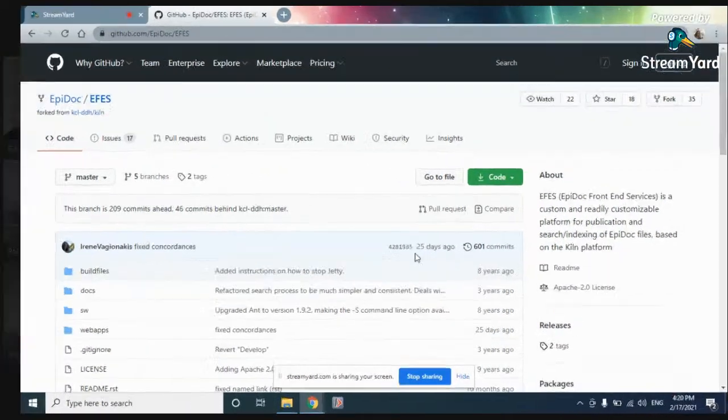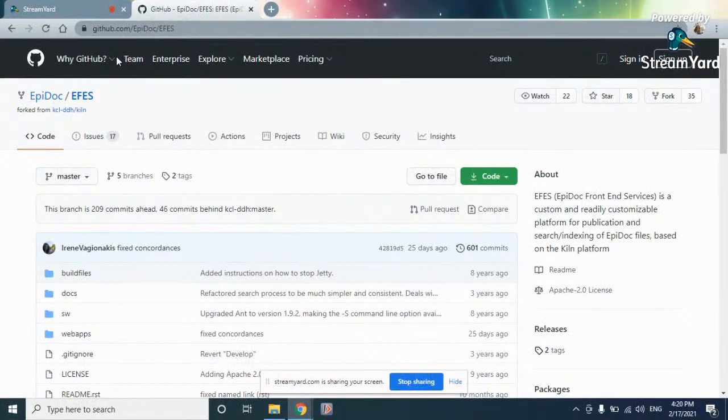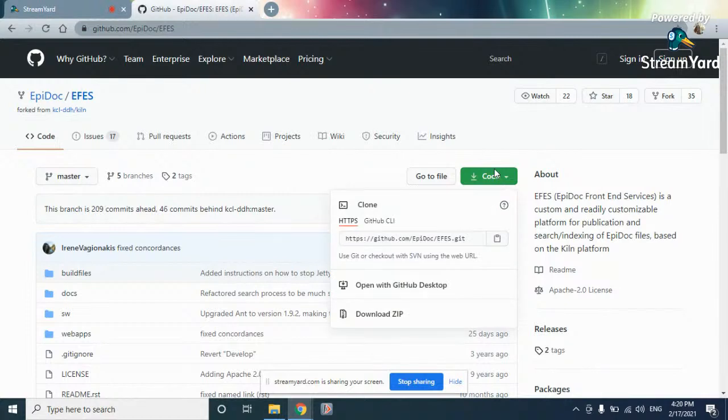So if you follow the link that Gabby last showed, and you get to the repository on GitHub where we keep EFES, you will see a green button that you need to click on in order to get the code for the platform. If you want, you can clone the repository on your machine if you're familiar with Git, or you can just download the folder